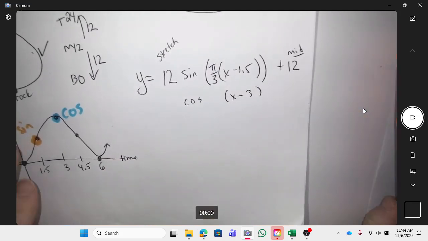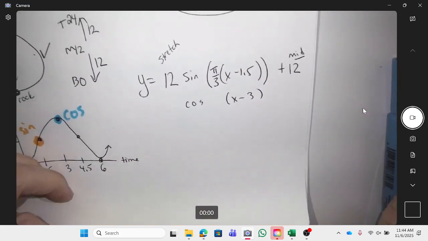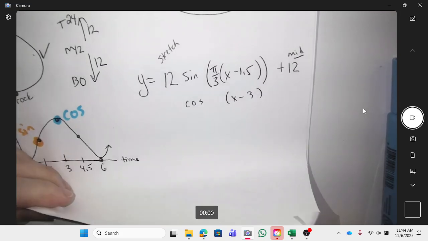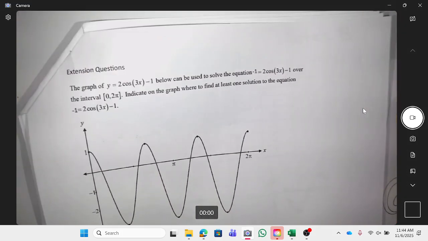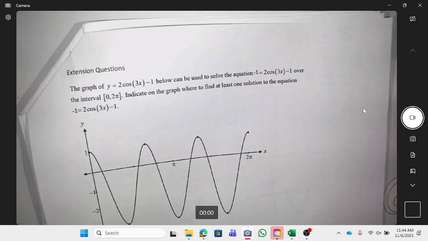Okay, again, equation stuff, lots of options. Okay, this is always on the exam, something like this. And it's like 1 point and nobody gets it. Okay, so